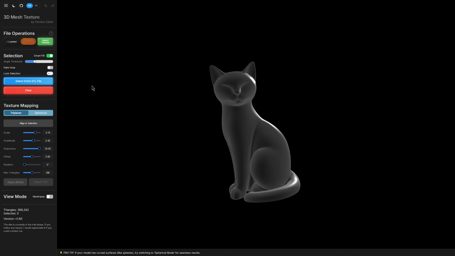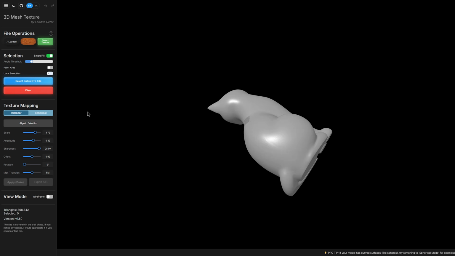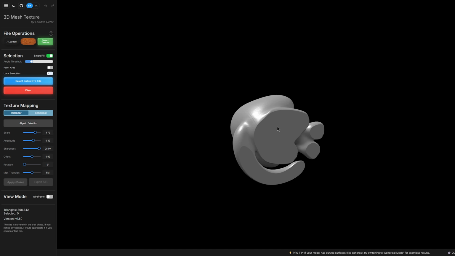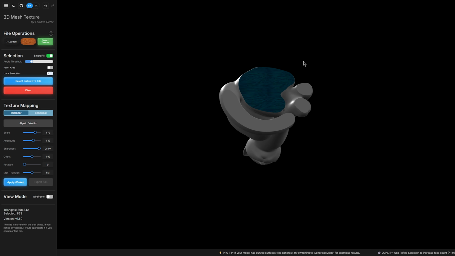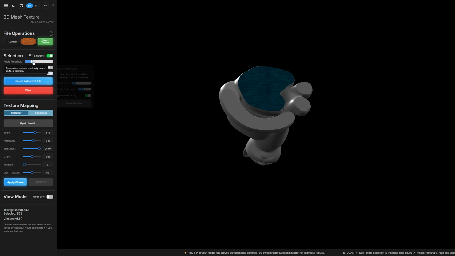Once you've selected your model and your texture, you now need to say where on your model you want this texture to be. So this selection area here is effectively a set of paint tools. The Smart Fill option and the Angle Threshold are effectively the same as the Smart Fill tool in modern slicers such as Bambu Studio. So if we were to set our Angle Threshold here and then click somewhere on our model, it's going to fill that area with texture up to the point that the geometry reaches the angle I've